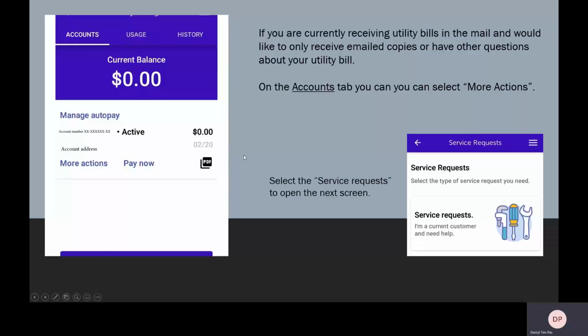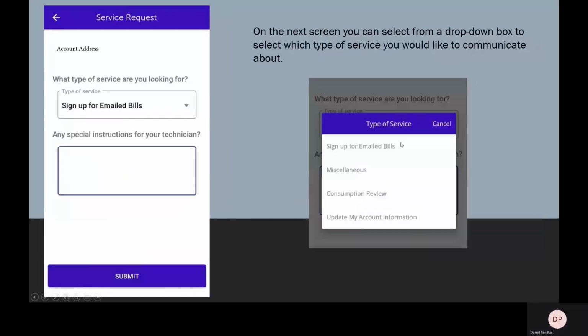Another option, if you would like to receive emailed copies of your utility bill, is to go under Accounts, select More Actions, and once that appears, you can select Service Requests. The next screen that appears will have the sign up for emails. It's kind of the lead-in one, but there's also options for miscellaneous. So if you have just a miscellaneous question, consumption review, or want to update account information, this is also the